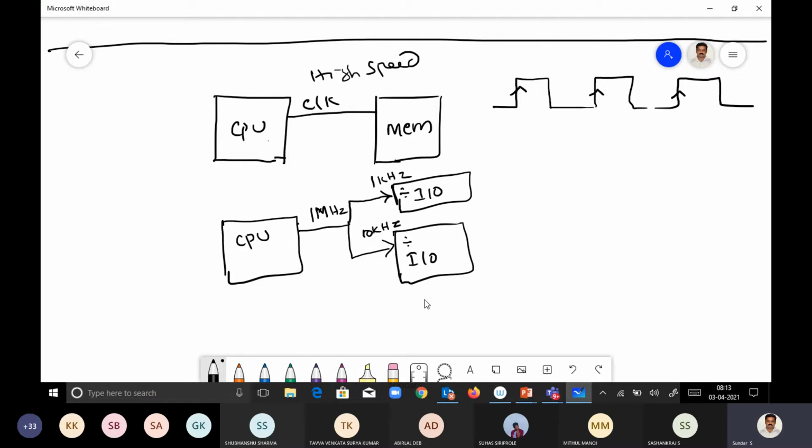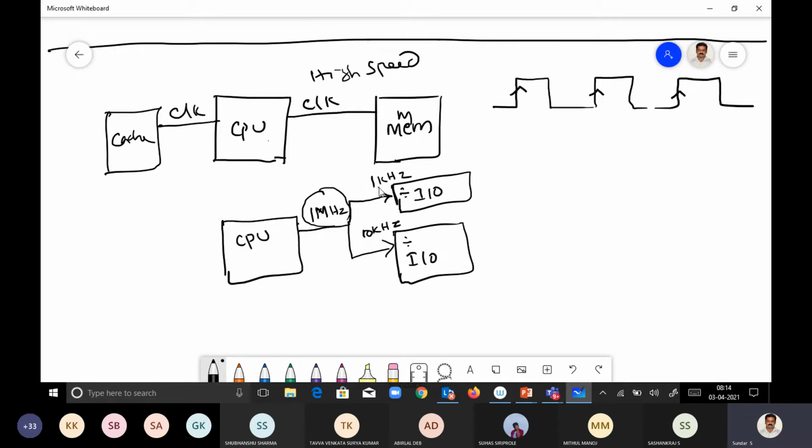We have different memory, maybe RAM, cache. This can be a cache, this can be a main memory, but the clock remains common. The same high-speed clock will be connected to cache, and the same high-speed clock will be connected to main memory in the case of memory. But here, it is not like that. Every IO device has its own clock. That clock can be derived from the master clock from the CPU, using a clock divider circuit, and they set their own clock speed and work only to that clock speed. So it is not common.